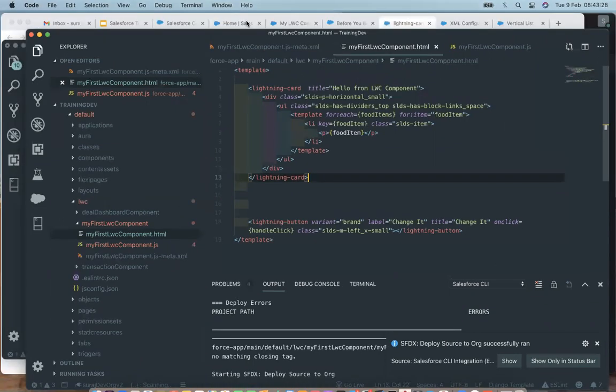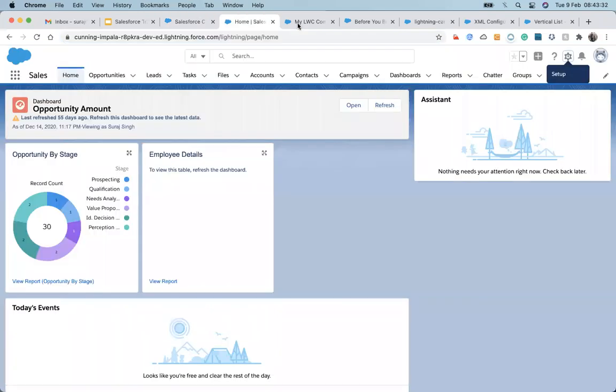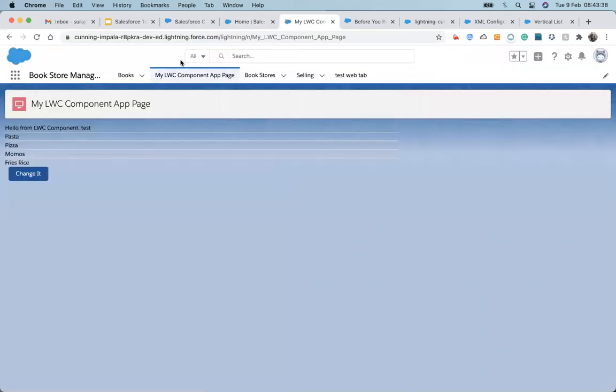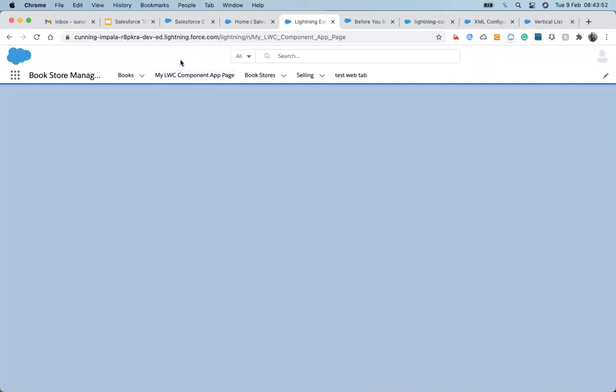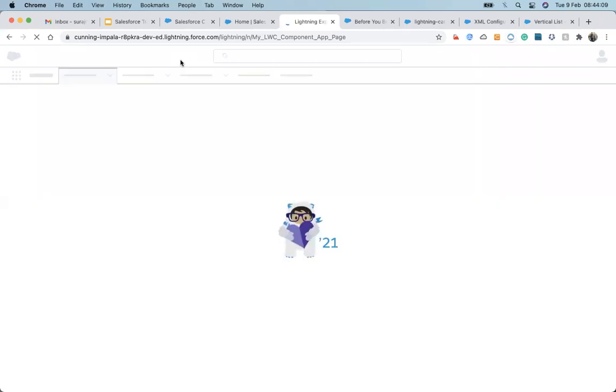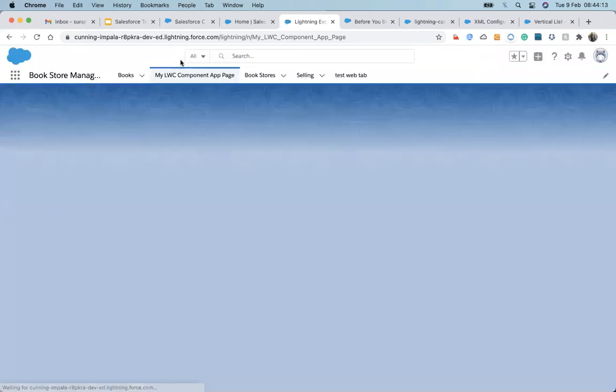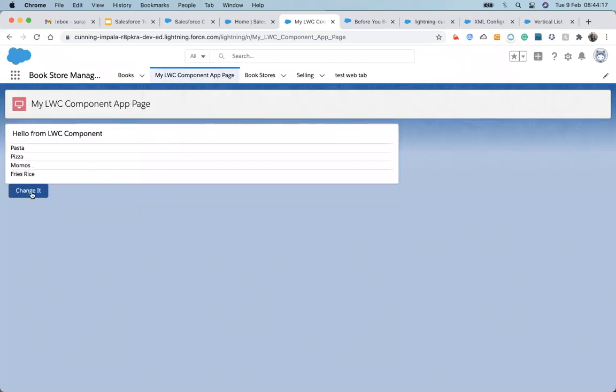Okay. We put that outside the component.